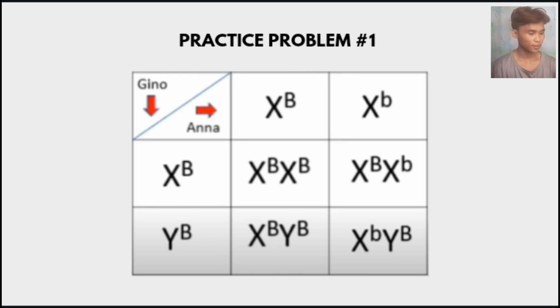And for the question, naa ba chance nga magkaanak sila nga babae nga carrier sa bald nga trait? So, in order to answer that one, pangitaon na nato diri ang babae. Okay, pag ang babae is naa sa chromosome nga XX. Okay, so makita nato diri sa babaw. Okay, so makita nato dira nga there is a possibility, no? Yes, makita nato nga there is a 25% na magkaanak sila ang babae nga carrier sa bald na